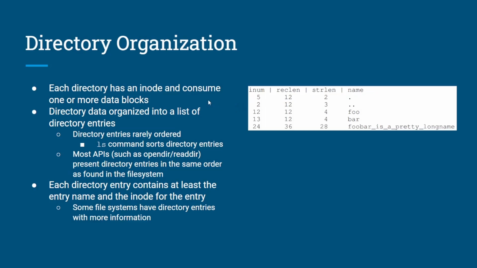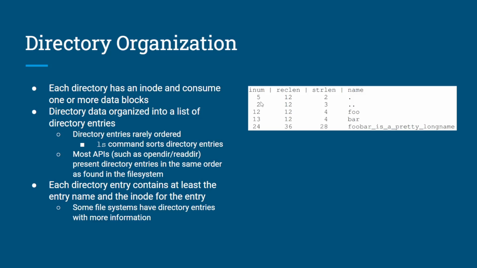Let's talk a little bit about directory entries. Directories themselves are actually special files. These special files have what are called directory entries. Each directory entry has a couple of pieces of information. Specifically, it has to have a name, and it has to have the unique identifying number, or inode number, for